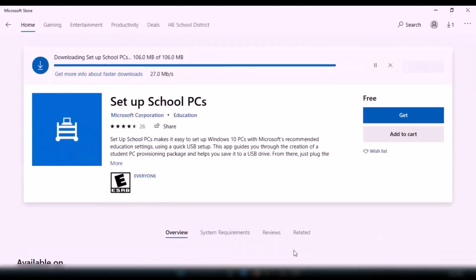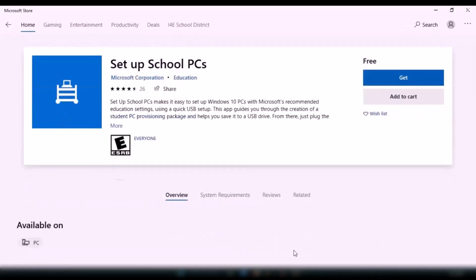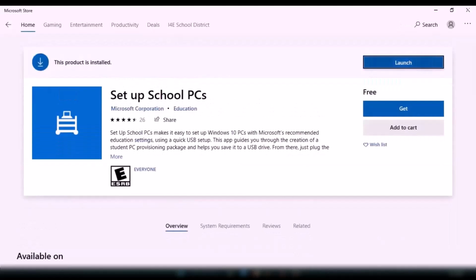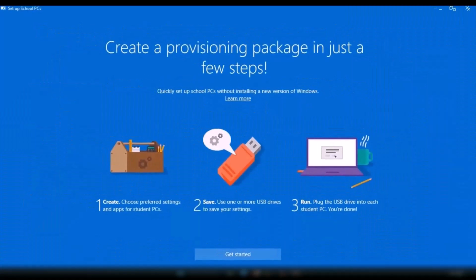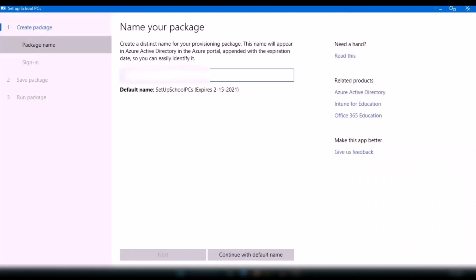So as we can see, the Setup School PC application is available for free in the store. We can download the application from the store for free and just launch it. This is the initial screen that we see, and all we have to do is click on Get Started. First, we have to name the package. We can provide it any name